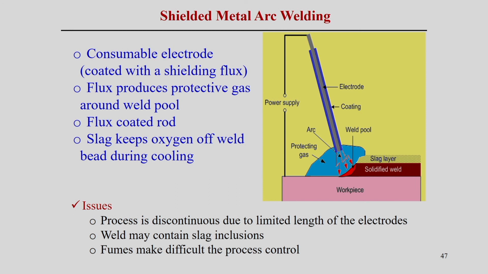So, the material is deposited, and at the same time it is melting the workpiece, then solidified metal is formed. The slag forms on the top, because slag is lighter in weight, it comes to the top, and this basically protects the material from outside contamination. So, instead of using a shielding gas, we try to promote slag formation also, which helps to protect the molten zone to some extent.